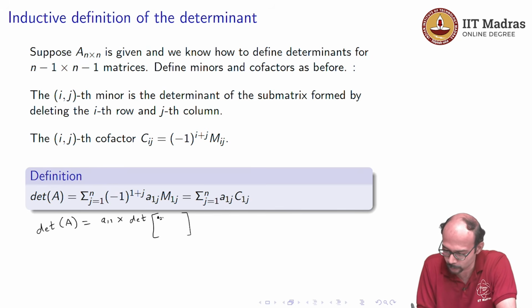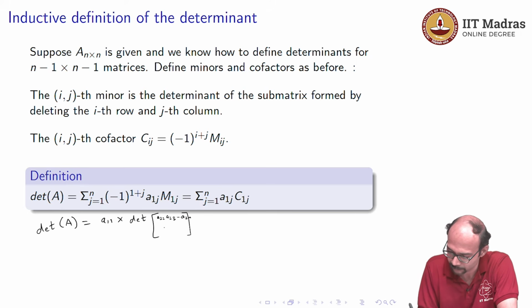So you will get a22, a23, and it will run all the way till a2n. Okay, and then below you will have a32, a33, and all the way up to a3n, and if you complete this you go all the way up to ann. Okay, and then the second term is going to be minus a12 times determinant of